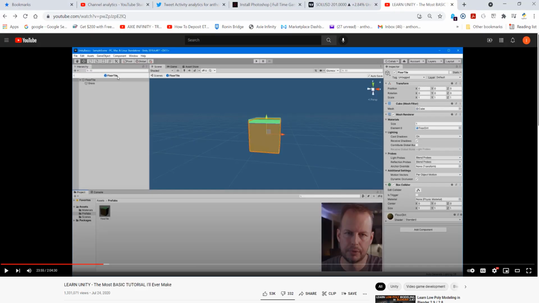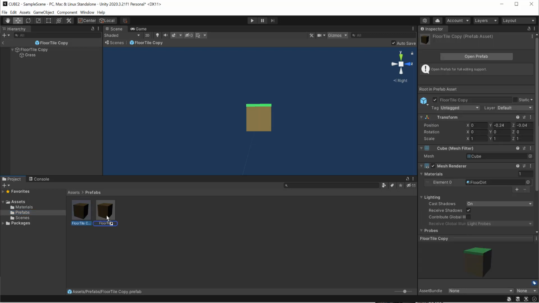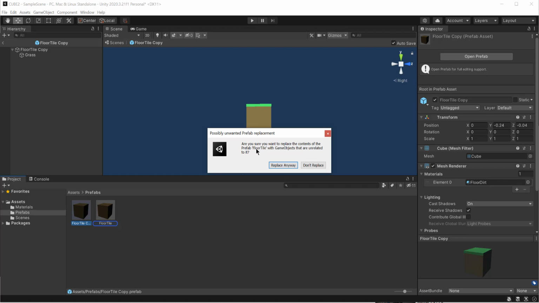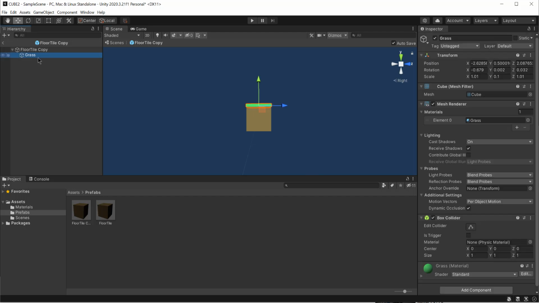Now we've got floor tile copy, whereas he's got floor tile. And the prefabs has just got floor tile. As in our prefabs we've got floor tile and floor tile copy. It's so easy to get confused or do something slightly wrong, and then you can't get back because you can't find where we are. So now we go to the grass component, come over to the box collider,